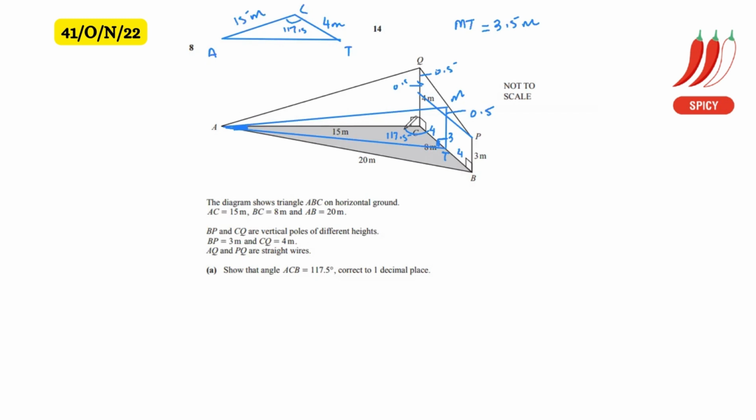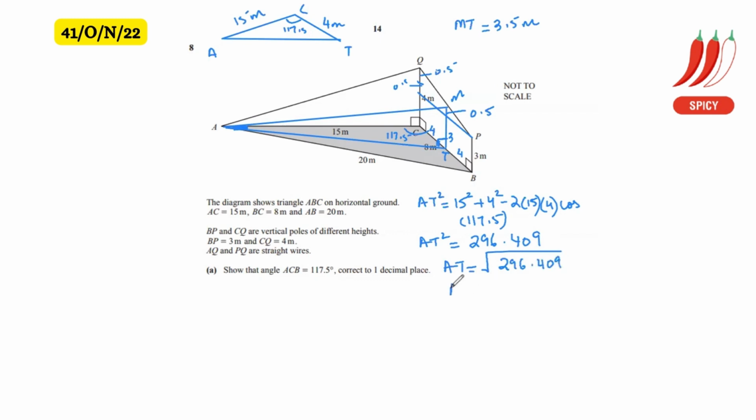So as you can see in this triangle ACT, we have 2 lengths and the angle between them. So we can easily find the third length, which is AT, using cosine rule. AT squared would be 15 squared plus 4 squared minus 2 times 15 times 4 times cos of 117.5. That equals 296.409. Now we take the square root of this value,